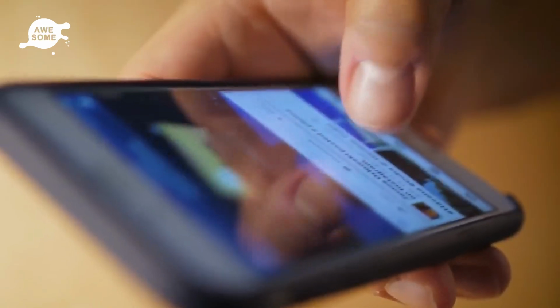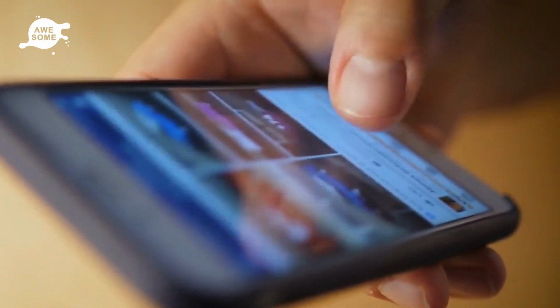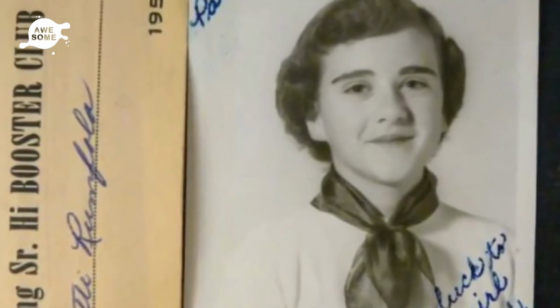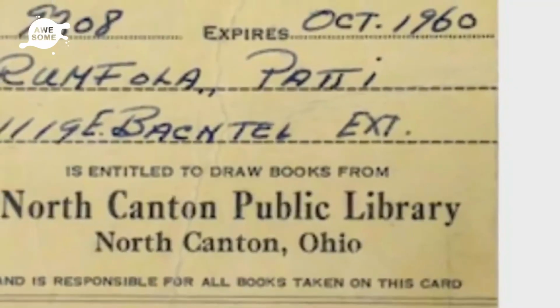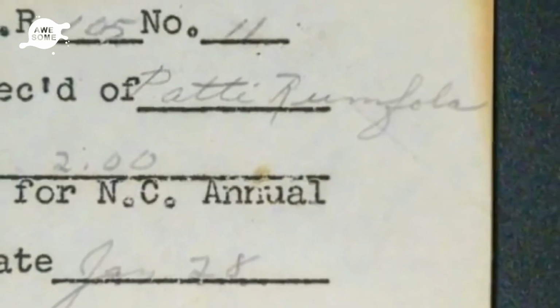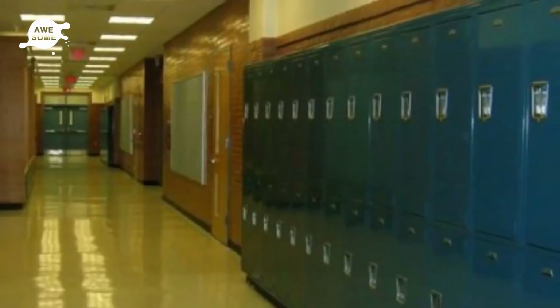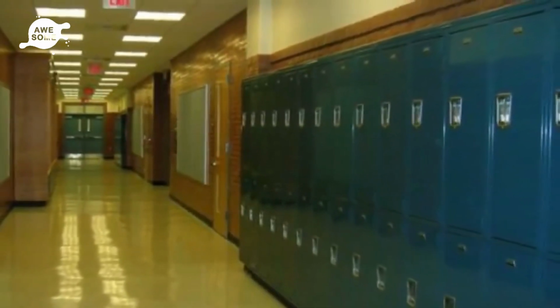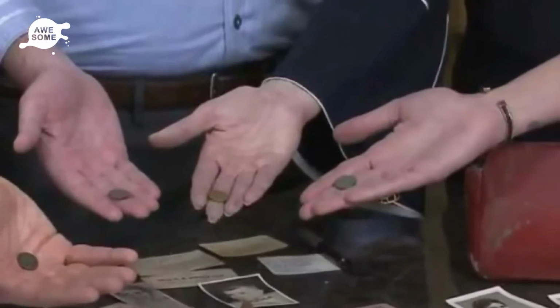"Those of you who may have gone to school in the 1950s or 60s may have memories of some of these items," the school district wrote in their post. Along with the post, the school district attached over 30 photos of the items found in Patty's 1957 purse. As much as people loved looking through the post and reflecting on the fun little knickknacks from the past, it was clear that the vintage contents weren't the only thing that turned out to be memorable. The whole story itself proved to be meaningful to the community in its special way, and the story went viral instantly. Within a few months, the post by the local Midwestern school district has reached 50,000 likes and over 60,000